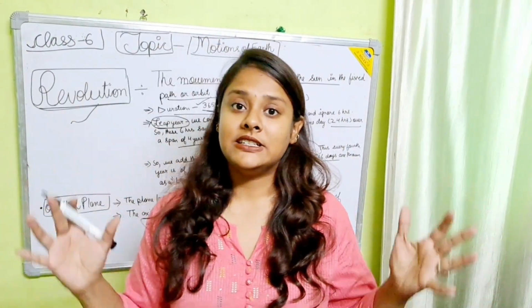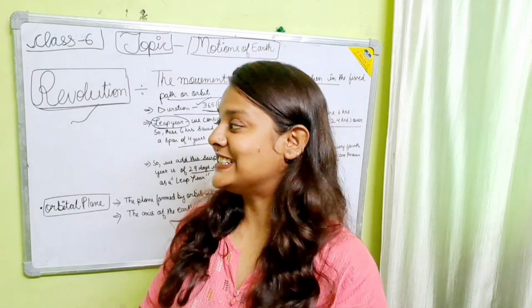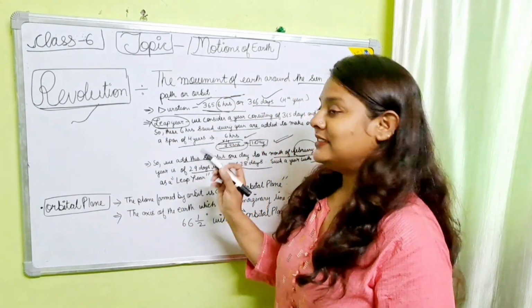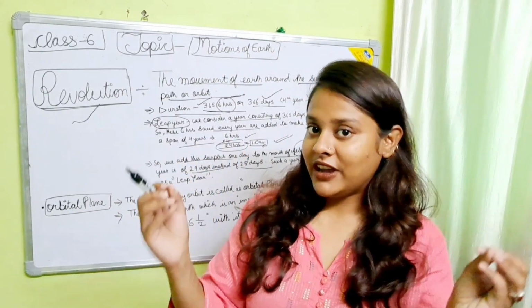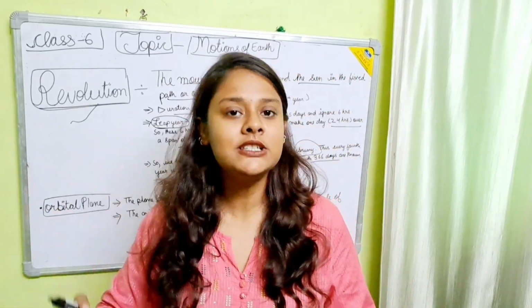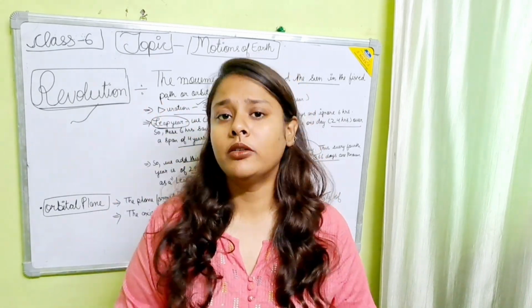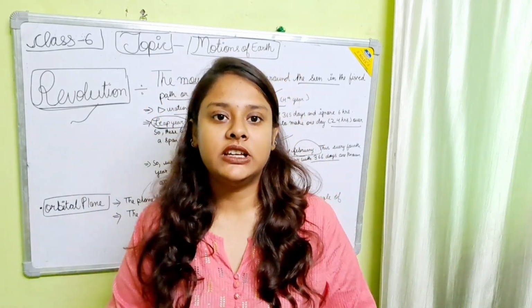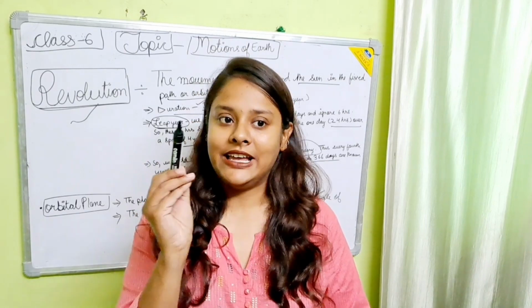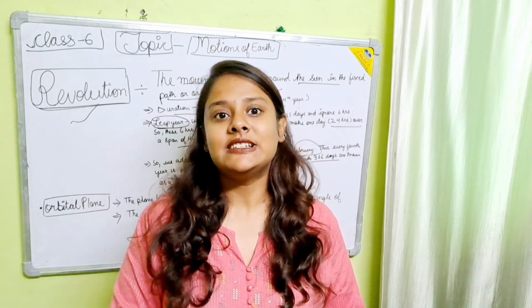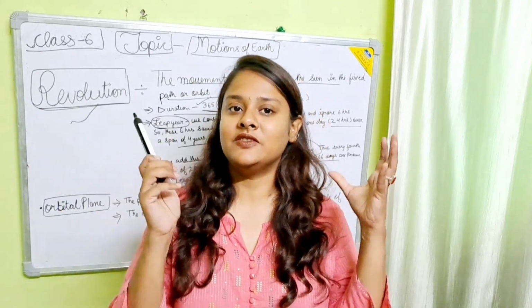Such a year with 366 days is known as a leap year. I hope it is clear now from where this extra 1 day comes from. We generally consider a year consisting of 365 days and ignore the 6 hours. So this 6 hours adds up over 4 years, and every 4th year gives us 1 extra day, that is 24 hours, and that 1 extra day is added to the month of February,